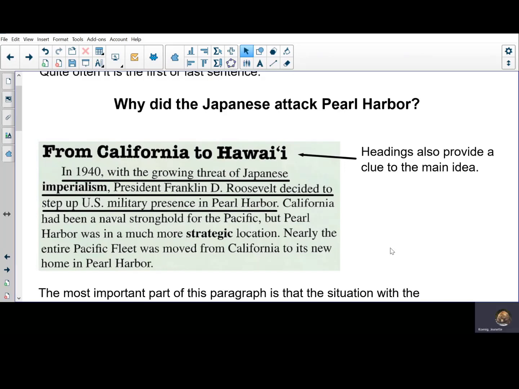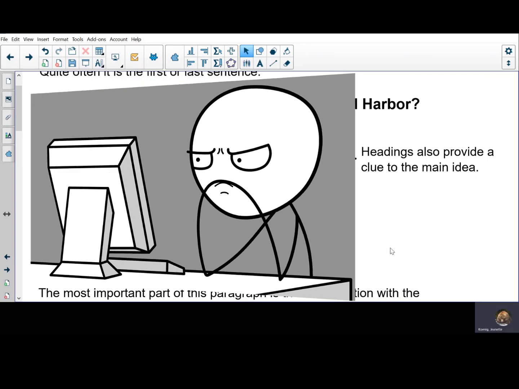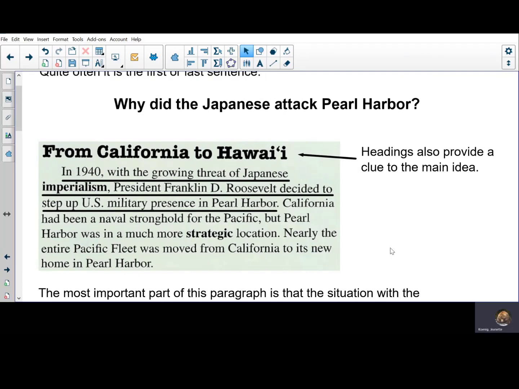What I want to point out is, don't get discouraged if you're having trouble identifying the main idea. It does not mean you're doing something wrong. You could very well be doing something right. Now, it's not to say this is an impossible task, but it's not like math where it's either right or wrong. This is one of the difficulties in reading. It's that so much of it is a matter of interpretation.